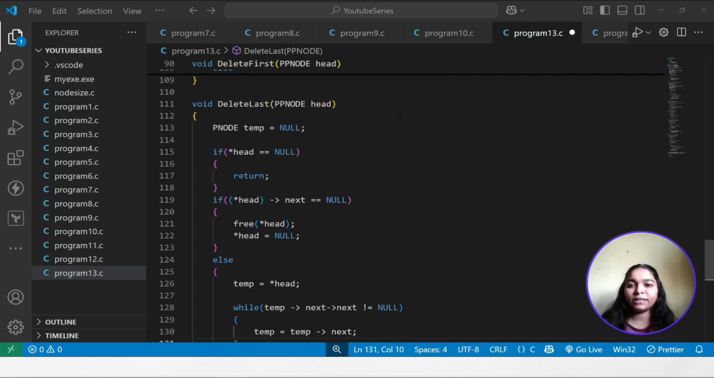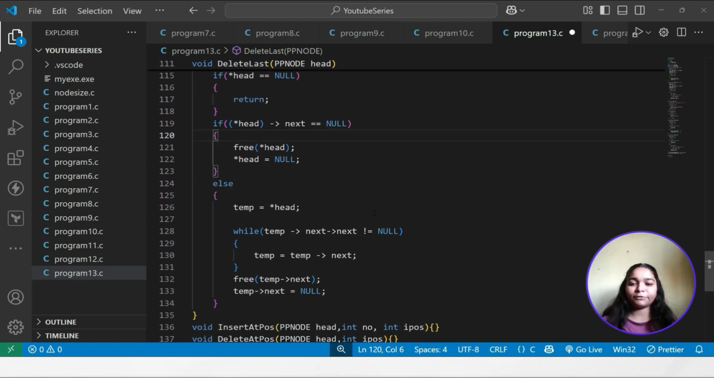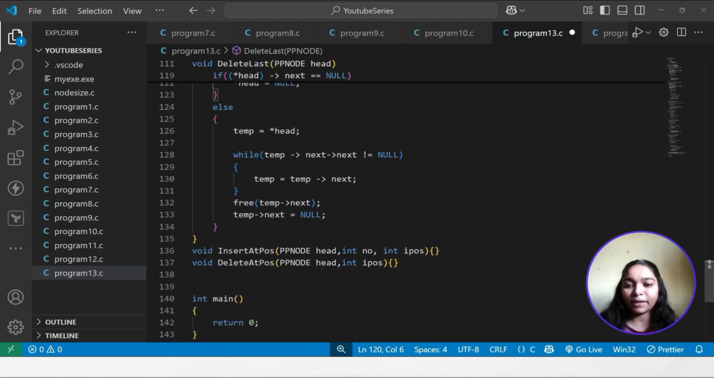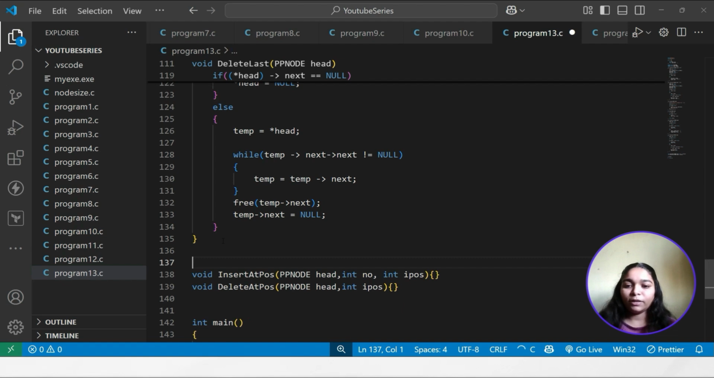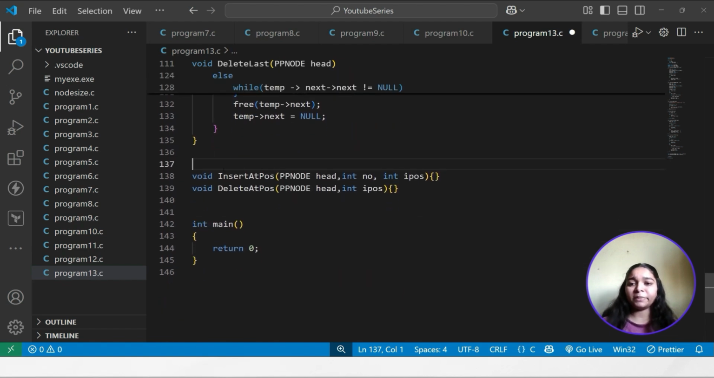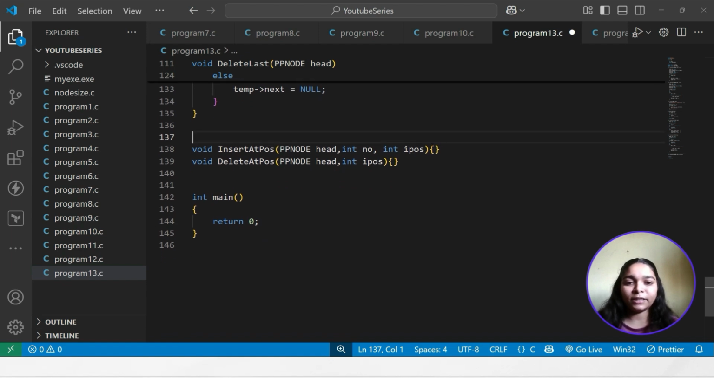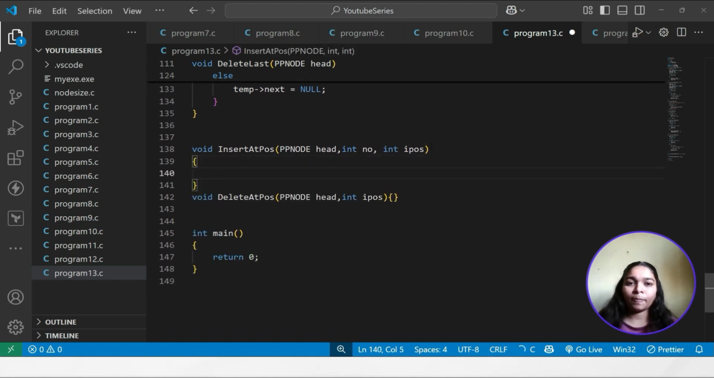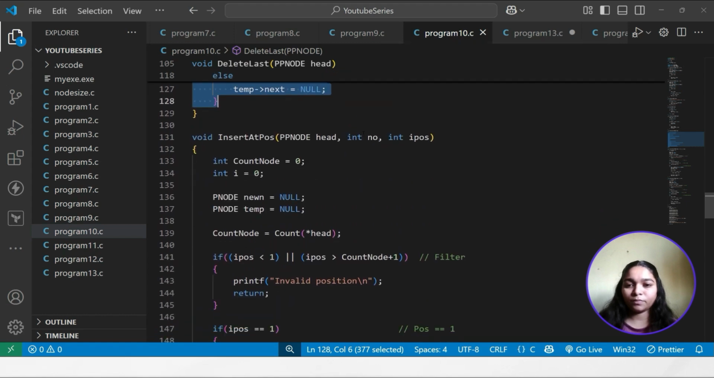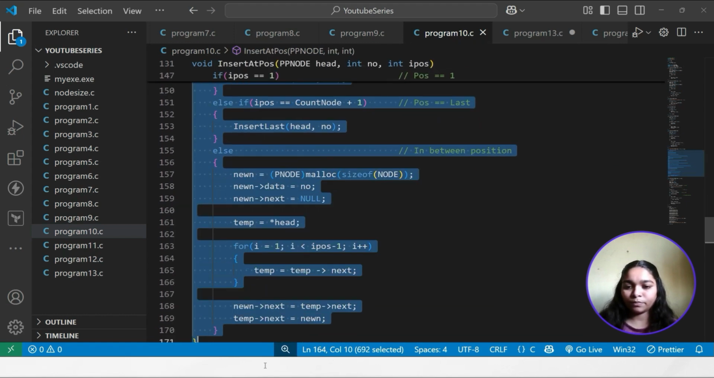So this entire function is same as the program before, no need to change this. So this is all about the delete last function of the doubly linear linked list. It is same as the previous one. Now let's move to the position based operations, that is the insert at position and delete at position. So let's see first the insert at position. Just copy this program